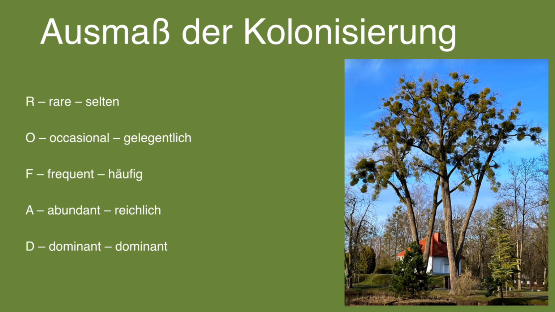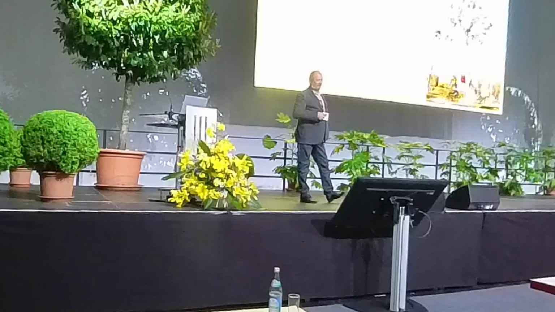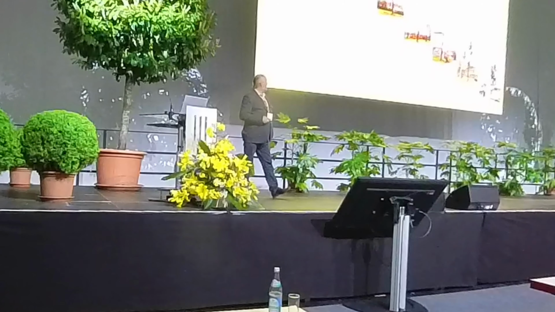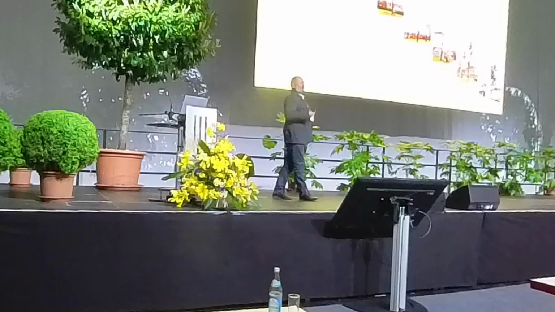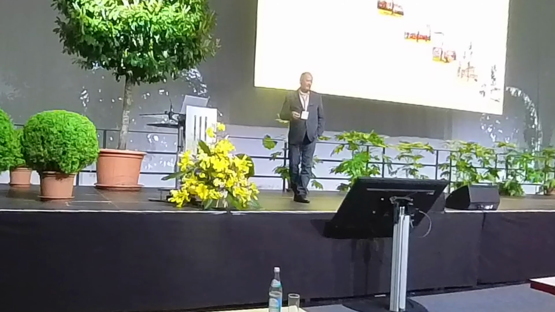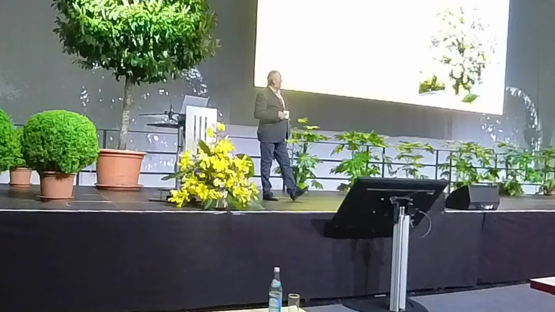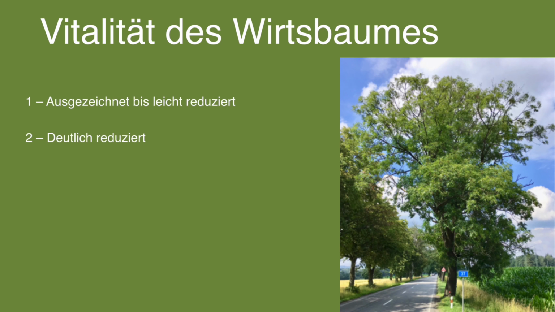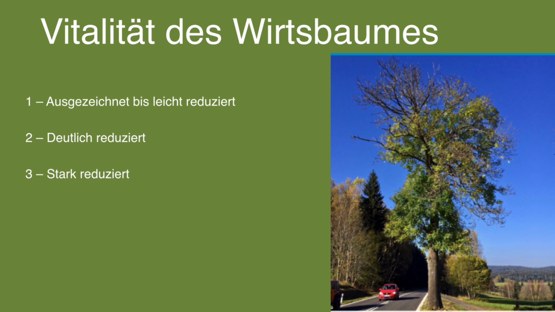And of course, dominant means that the level of mistletoe colonization is over 50% of the leaf apparatus of the host. So this is the way we describe the extent of the mistletoe, and obviously you can see that this kind of estimate can be done only in the winter time. The second value is the vitality of the host, where we use a very similar method to the Roloff scale, with an added 5th level, which is a dead tree. So you are familiar with this approach.